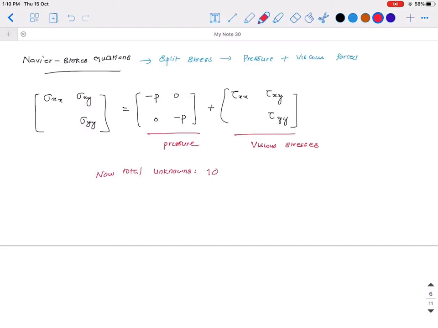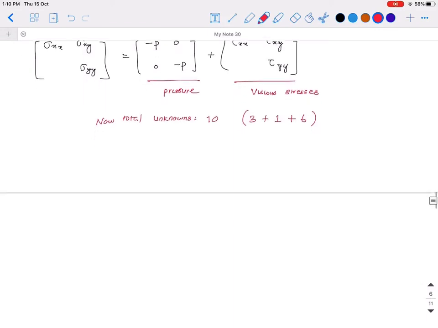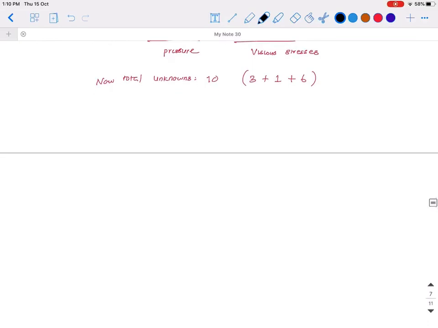How? Because 3 velocity plus pressure plus 6 values of tau. Okay, this doesn't seem to be a clever idea, because instead of reducing the unknowns, we are actually increasing it. We have increased it by 1. Okay, but this decomposition expressed above helps us to write